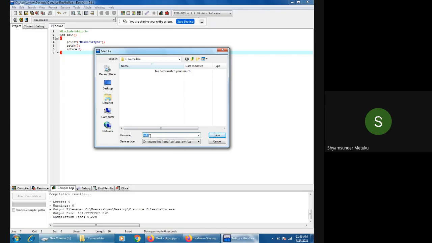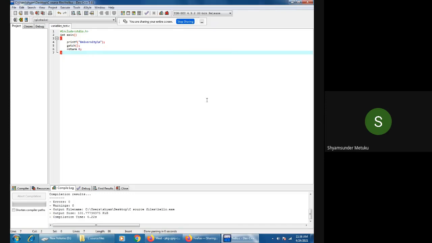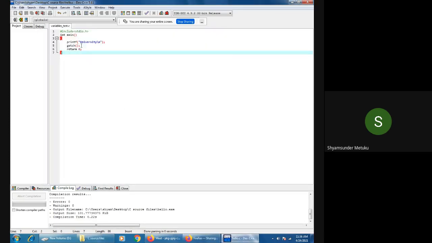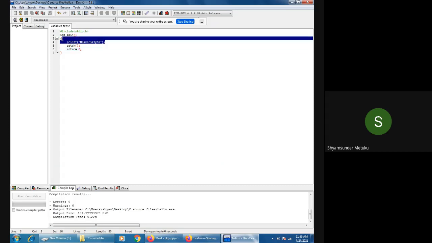Let me name it variables_test.c. I'm giving a new, second source file, variables_test.c. You can see variables_test.c, or you can go back to the source files. Now one is hello.c, the second one is variables_test.c, so that you need not write each and every line. Simply I'm going to add here.